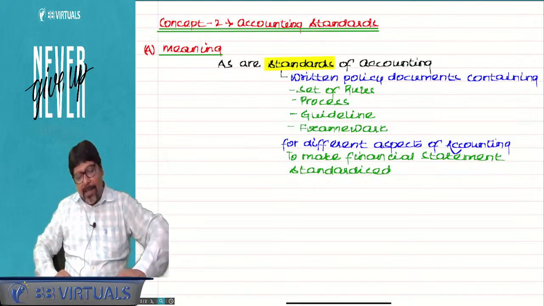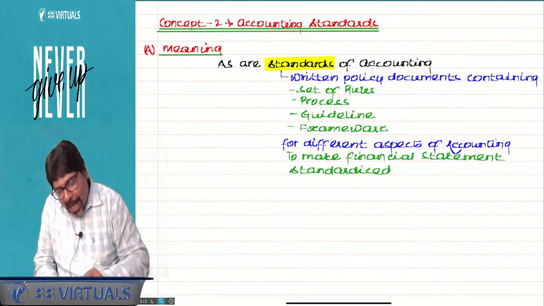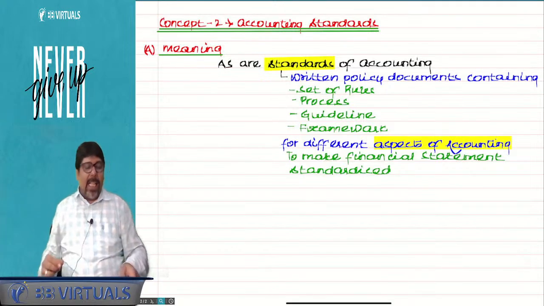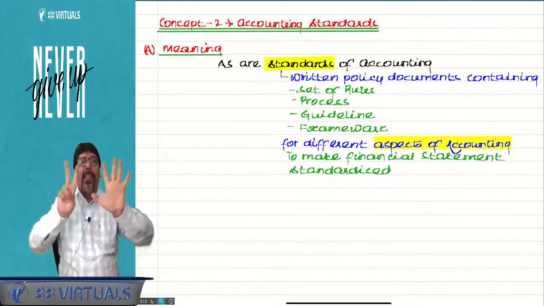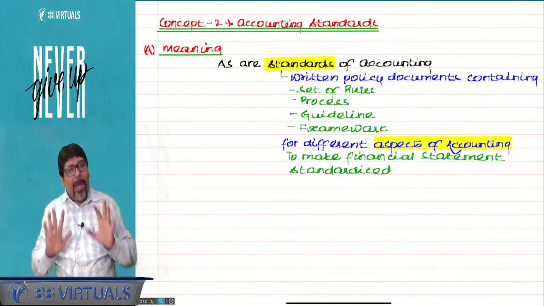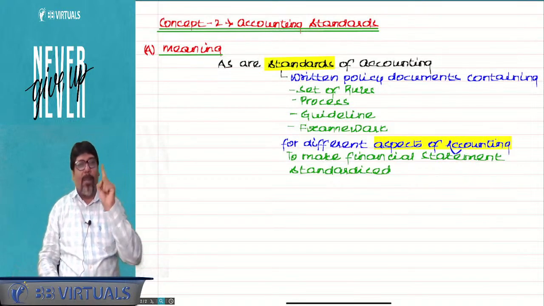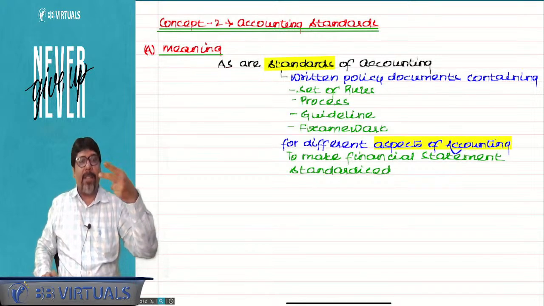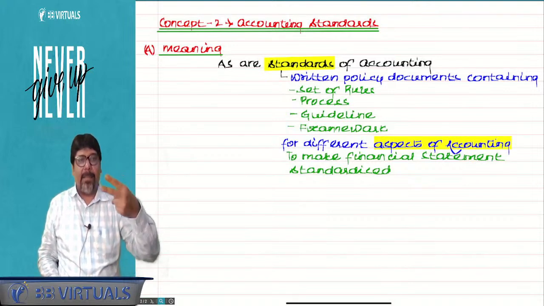What are those aspects which I have written over here? For different aspects of accounting, what are the different aspects? Aspects of accounting means one item, and there are so many aspects. So every accounting standard, chartered, deals with 7 aspects. How many aspects? 7. I know 3 or 4 are major, but in total there are 7 aspects of any accounting standard. The aspects are objective, scope, definition, OSD. Then recognition, measurement, presentation.